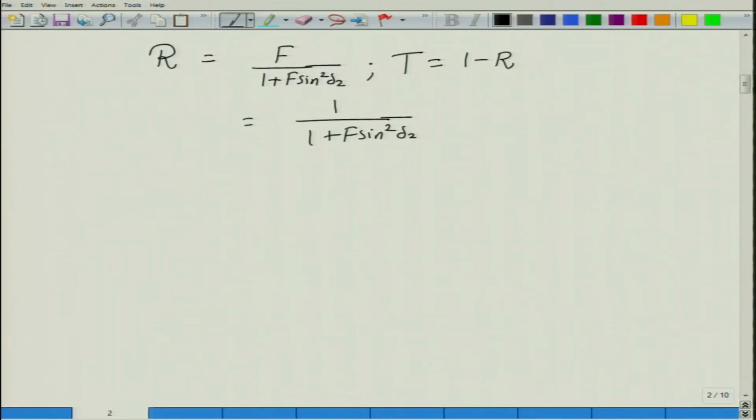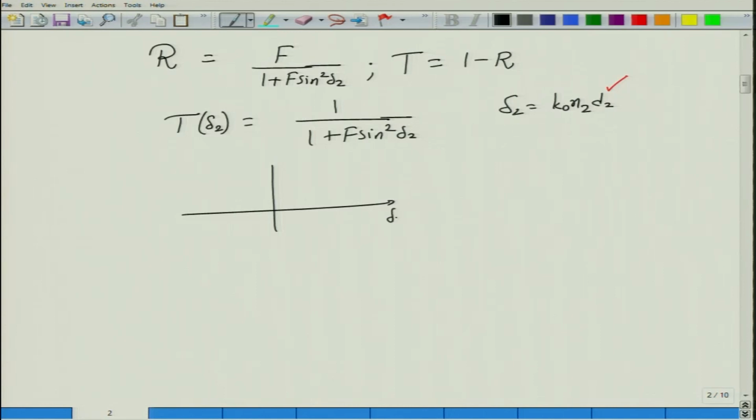Okay. So this is the transmittivity that I obtain, and you should understand that this transmittivity is actually a function of this quantity delta 2. And we have already seen delta 2 is nothing but k0 n2 d2. In our design we have a few choices. For example, I can vary this d2 in order to make this sin square delta 2 go all the way from 0 to 1, correct. So if I choose this quantity d2 for the same value of k0 and n2, and then plot what happens to the transmittivity as a function of varying delta 2, assuming a reasonably large value of F, or a very high finesse,